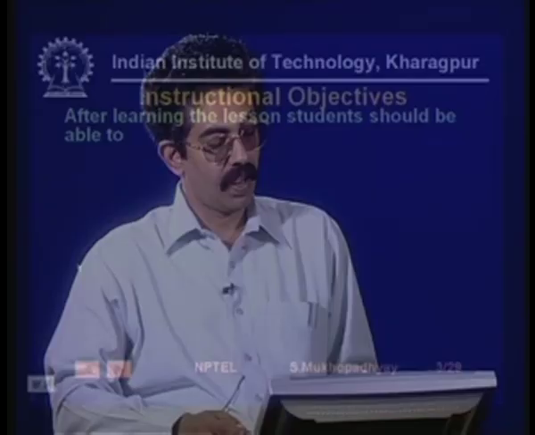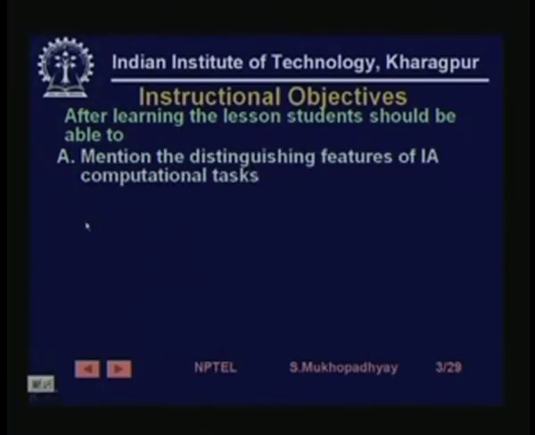Before we begin, it is customary to see the instructional objectives. So, the instructional objectives are the following. First, after going through this lesson, one should be able to mention the distinguishing features of industrial automation computational tasks. A PLC basically is a computer. So, it performs computational tasks related to industrial automation, but these tasks have certain very distinguishing features compared to the other tasks which are, let us say, done in an office environment. So, you should be able to mention some of these features,